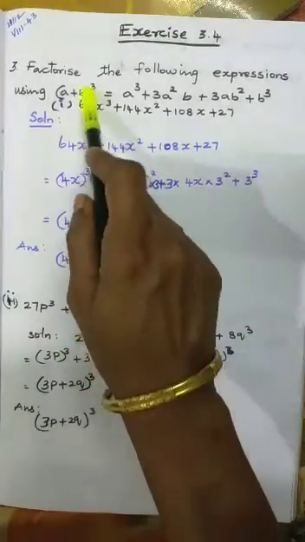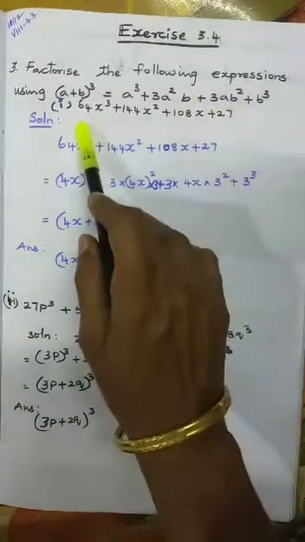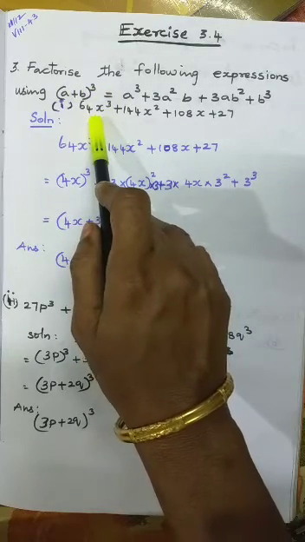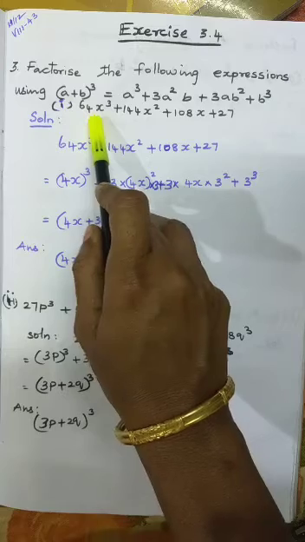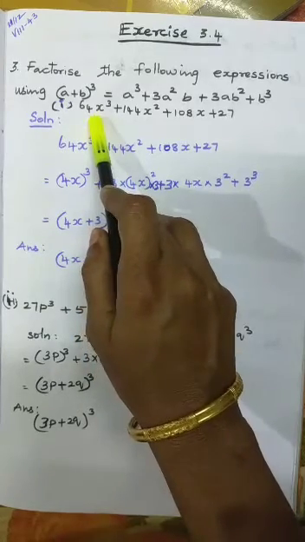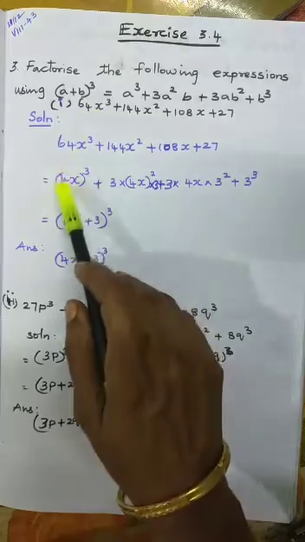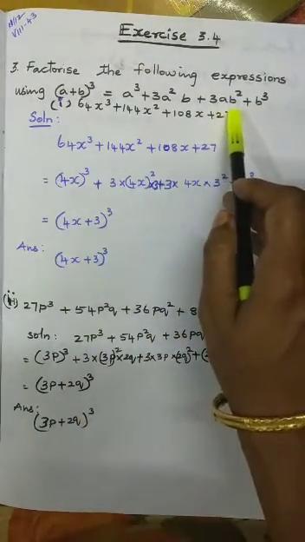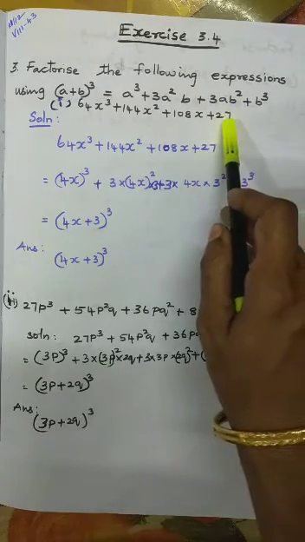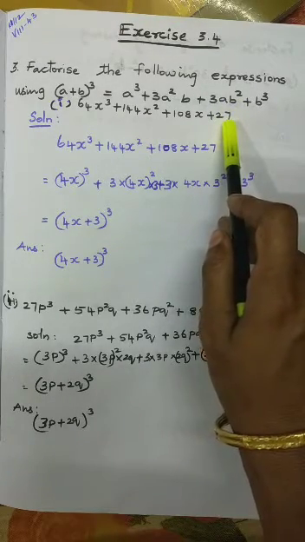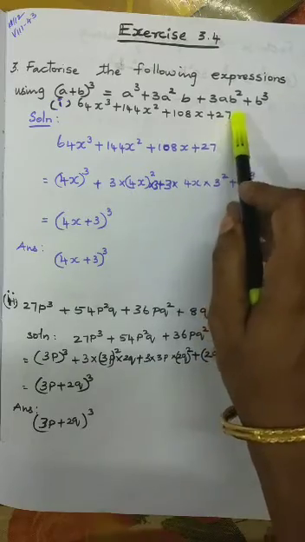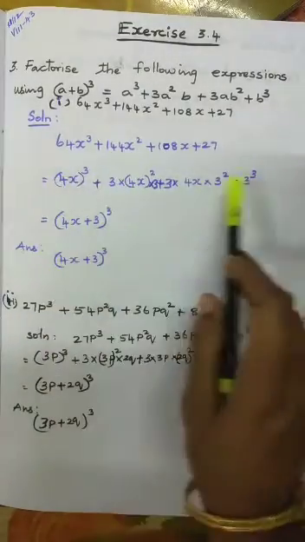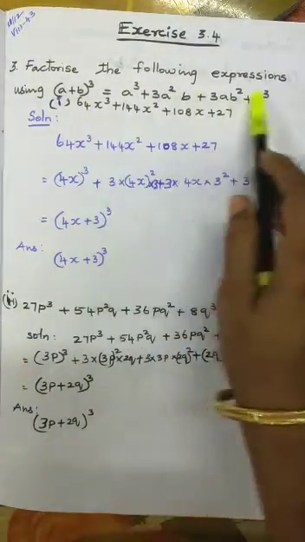First you have to see the first term and last term. See the first term. It is a cubic term, isn't it? What cube is 64? 4 4s are 16. 16 4s are 64. Yes. So (4x) the whole cube. Then the last term is 27. What is the cube here? 3 3s are 9. 9 3s are 27. So the last term and first term are cube terms, isn't it? Then you can use this formula.